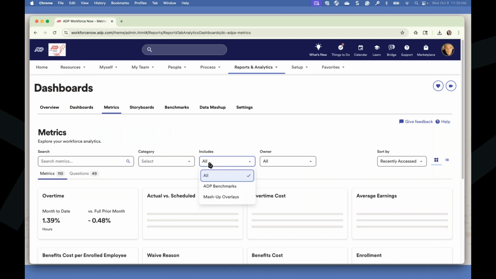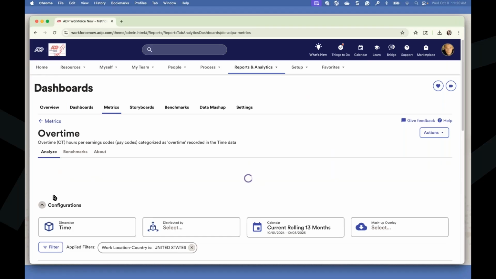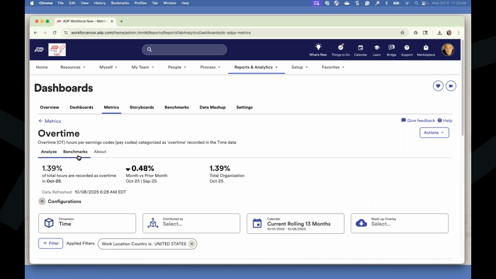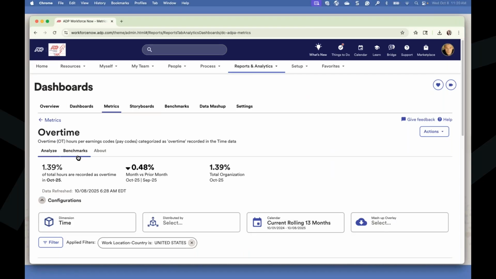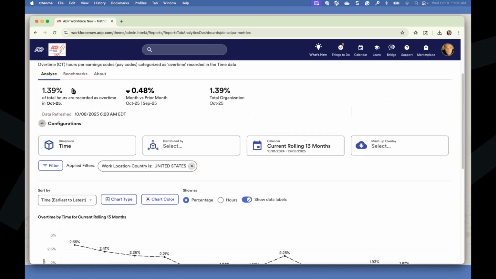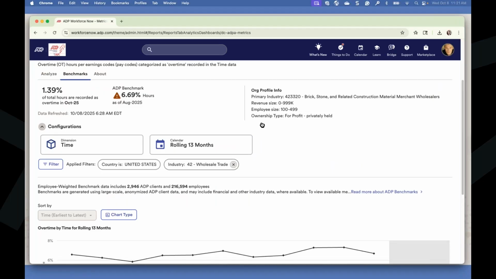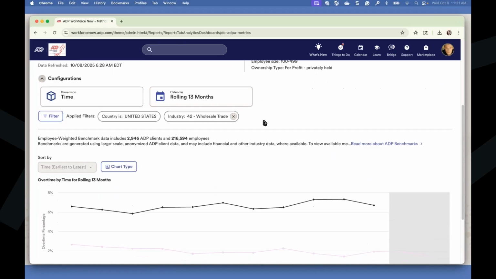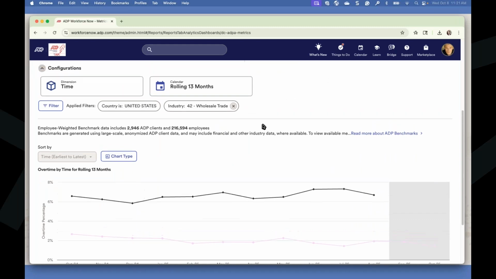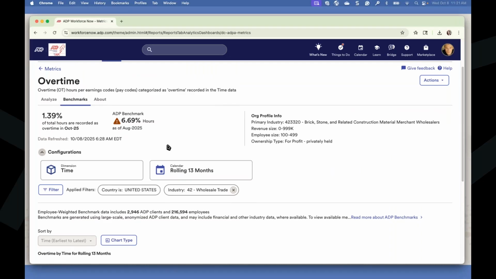So if I wanted to, I can go in here and say, okay, I want to see my overtime and how I'm doing compared to others in my industry. By selecting benchmark, I can now not only see my own data, which is updated throughout the day, but now I can come up here at the top and say, okay, I want to see how I'm doing compared to others in your different organizational sizes, to make sure that I'm being competitive with where I am. Or if I'm trying to set new KPIs, am I being realistic in setting those expectations? Are these things that make sense for me for that area? And you'll be able to go ahead and get that information here.